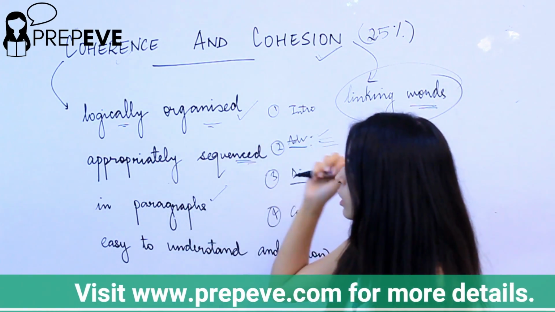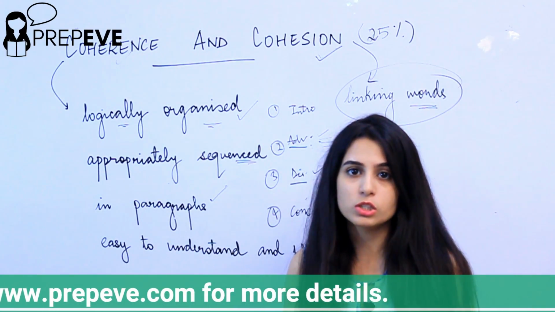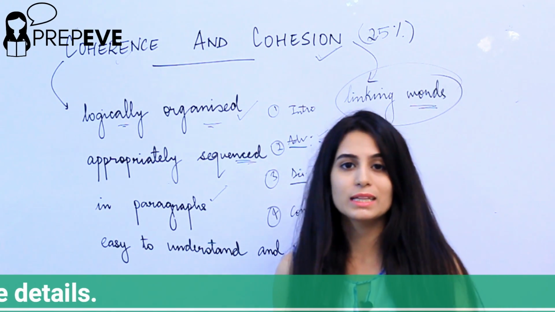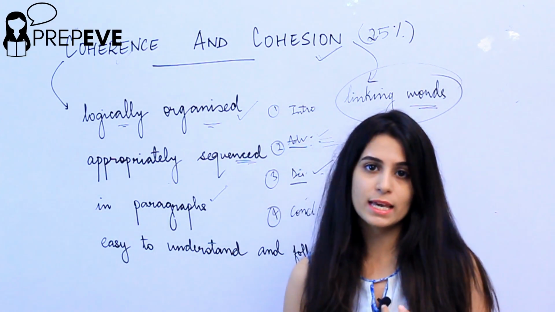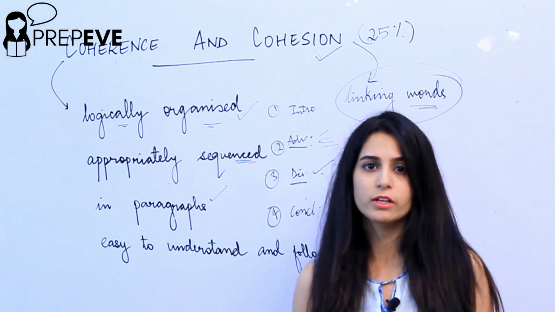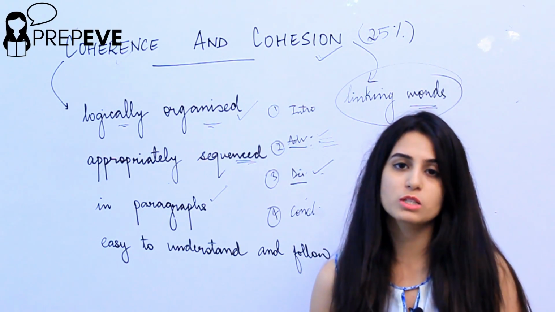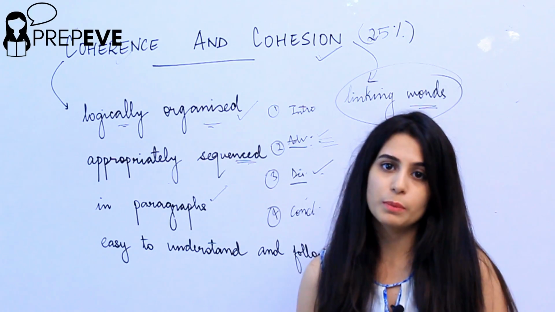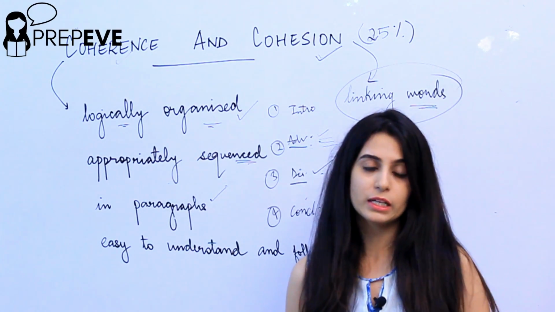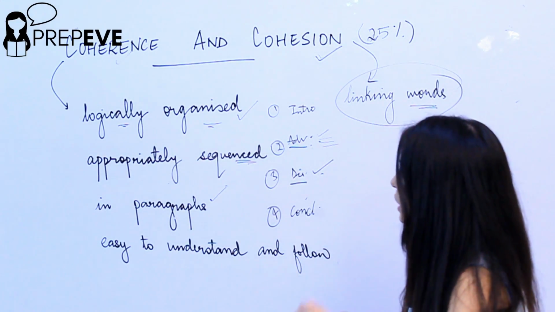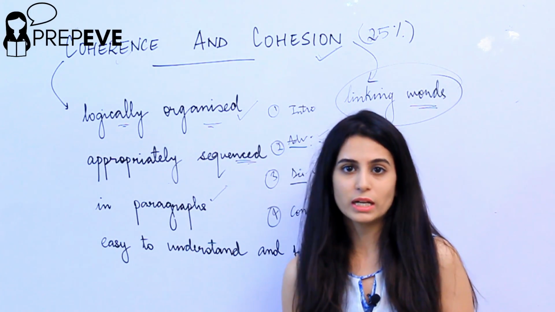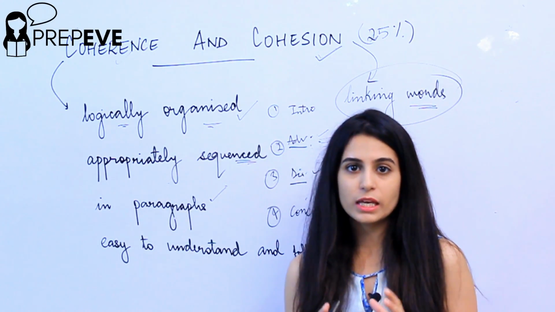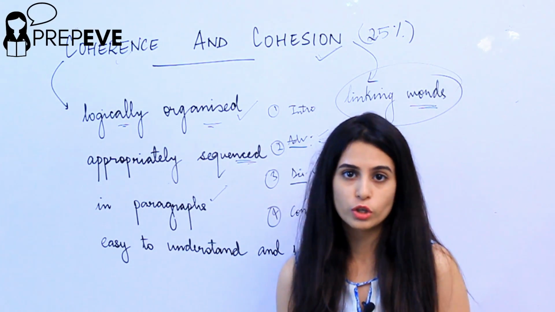You have to logically organize your answer. To do so, you have to give 5 minutes in the beginning of your essay as well as your letter. In case of a letter, you don't need that much time. You can spend 1 to 2 minutes to think of how you will be addressing the particular topic and how you will be writing down the answer. In case of the essay, it's important to read the question at least twice or thrice to understand what the question is asking, then think about how you would structure your answer.